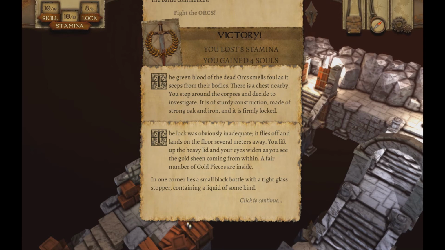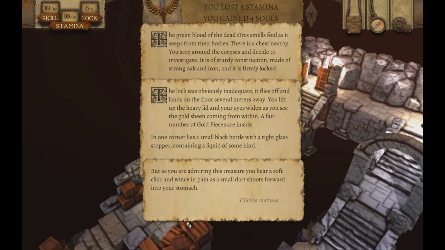You lift up the heavy lid and your eyes widen as you see the gold sheen coming from within. A fair number of gold pieces are inside. In one corner lies a small black bottle with a tight glass stopper containing a liquid of some kind. But as you're admiring this treasure, you hear a soft click and wince in pain as a small dart shoots